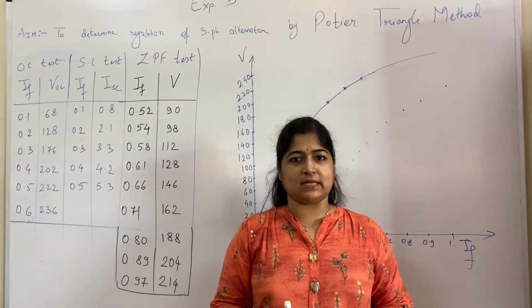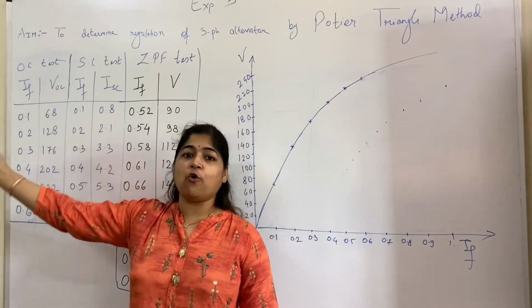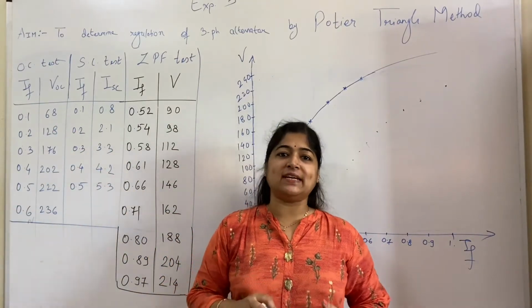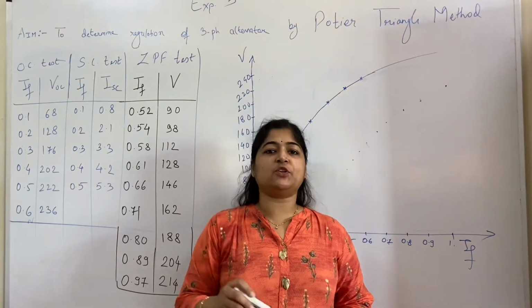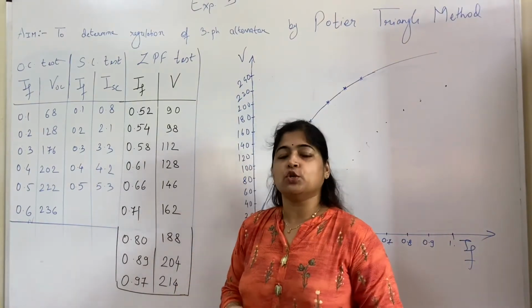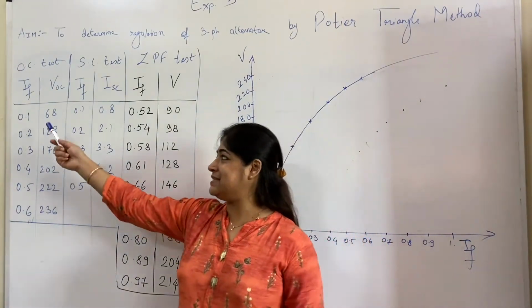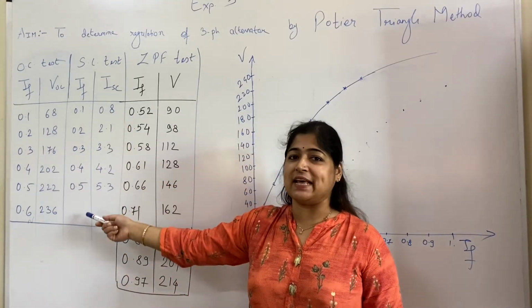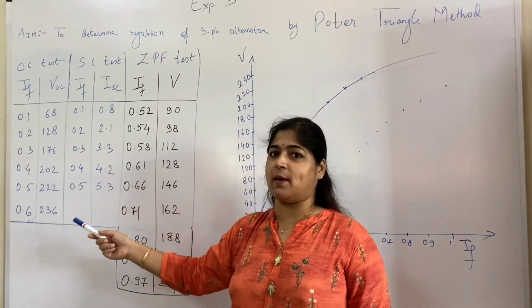need three data. First data we get from the open circuit test. The links for the open circuit test, short circuit test as well as performance of the Potier triangle method will be shared in the description box. So what you need to do is take the open circuit readings from the open circuit test. I have written exactly the same readings here. You need to write down the short circuit test readings from the short circuit test we performed. That is our experiment number 1.